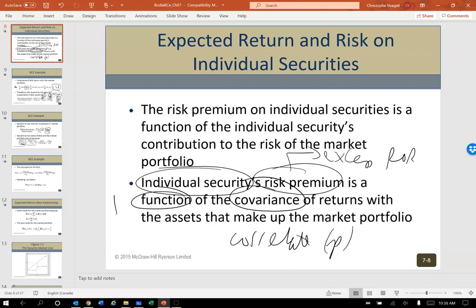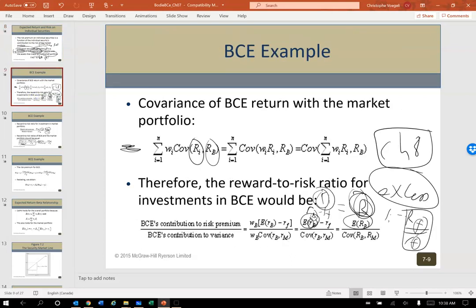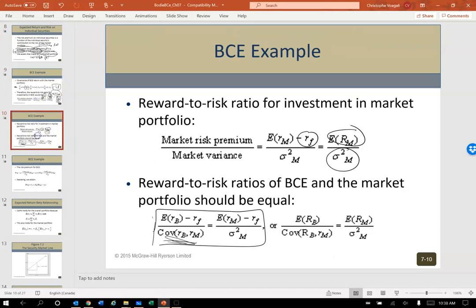It'll be a function of the covariance of how their returns relate to the general market. Again, covariance or correlation. So the risk premium is going to be commensurate with the risk. Higher risk, higher return. A bit more theory here. So it makes complete sense that the expected return of investment B above the risk-free relative